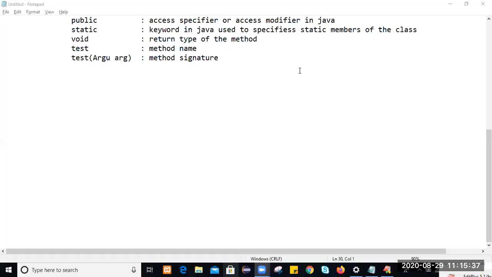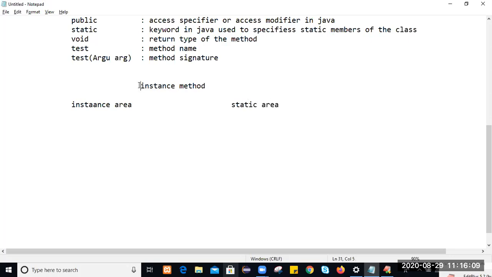Write this down. As you know, method execution depends on method calling, and we have two areas in Java: the static area and the instance area. This is called an instance method. If an instance method is there, we say instance area. If a static method is there, we say static area.